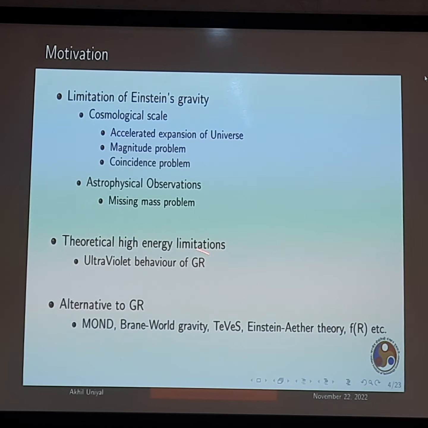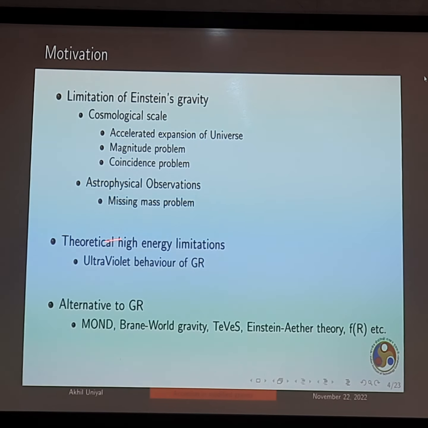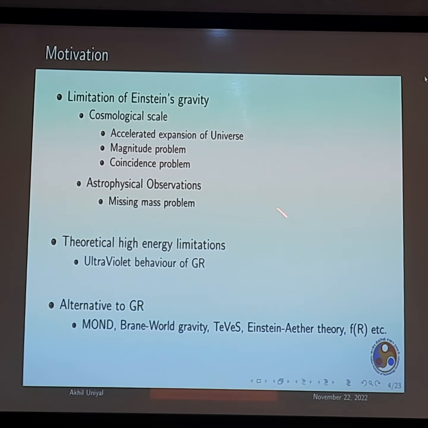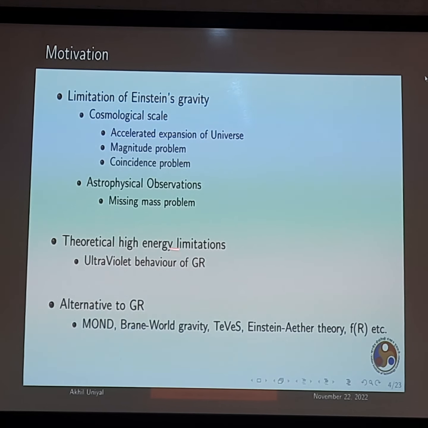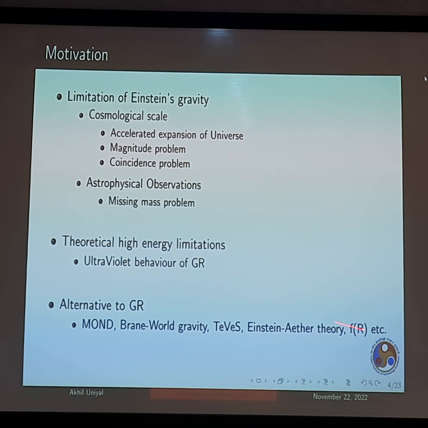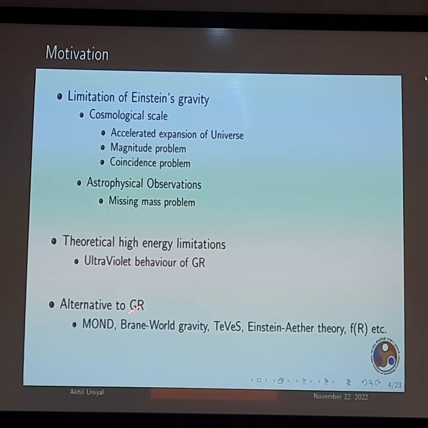The theoretical framework is also a problem. We all know that GR is not renormalizable, but these problems can be tackled if you take higher order derivatives in the theory. People have shown that if you take higher order derivatives in the action, you can renormalize the theory with one-loop corrections. All these problems made people look for alternatives to GR. There are lots of forms, MOND, brane, and so on, but we will mainly focus on f(R) gravity for the reason of its simplicity.